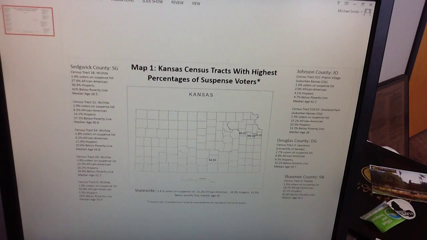We can help you get the data. Now, the Secretary of State's office is not always forthcoming, but an Open Records Act request was successful at getting a suspense voter list. I have the means, and so do some of the other political scientists on our team, to help you analyze this with data processing software and get actual lists of voters. The question is how to contact all those thousands of voters, and that's where the community partners can be so critical. Partners, particularly faith-based groups with strong churches in those census tracts, could prove invaluable.